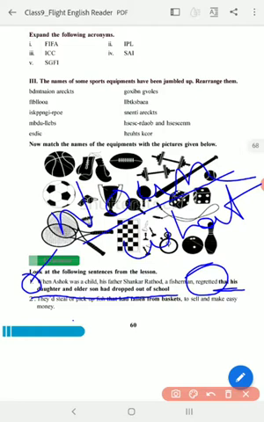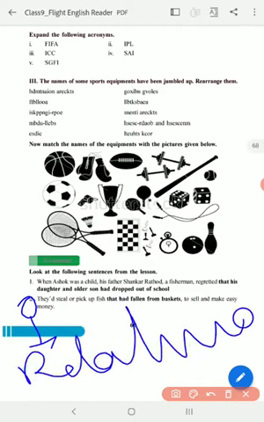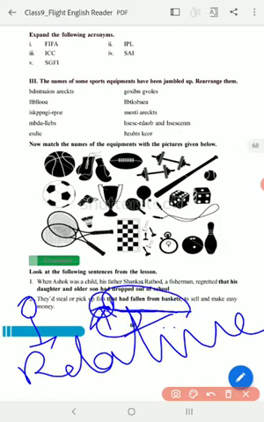Okay, if you come to the relative clause, what happens here? You see, the second one is a relative clause. What is the difference between a relative clause and a noun clause? A relative clause describes a noun, fish. They would steal or pick up fish. What kind of fish? That had fallen from the basket. That is a kind of fish. This one describes what kind of fish it is.